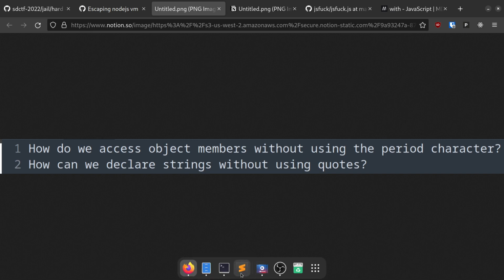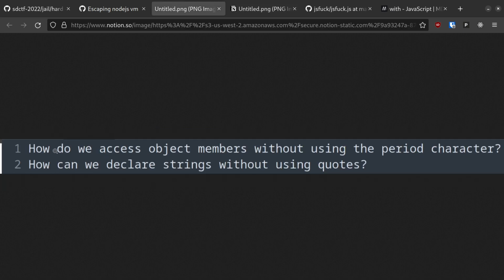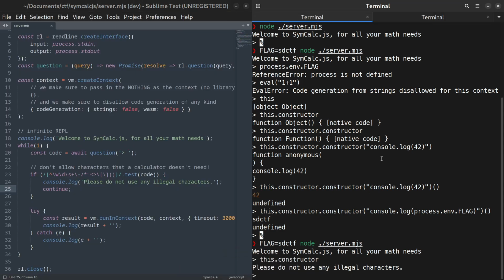The first one isn't too bad. It's fairly well known to JavaScript developers that you can access object members like how you access dictionary values in Python. Just index them with a string containing the key. Unfortunately, this brings us right back to problem 2. We can't declare strings. This problem is a little bit harder to solve, but I think there are actually quite a few ways around it. I think the easiest to understand way is using the string constructor. If we invoke the function called String, JavaScript will coerce anything we pass in to be a string.